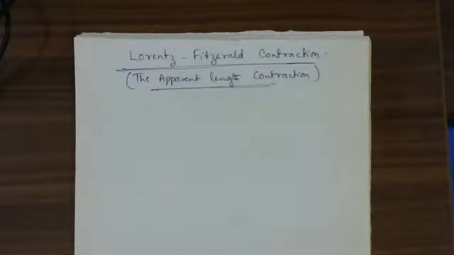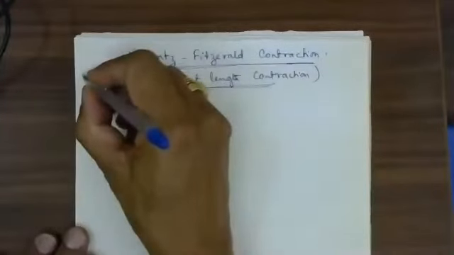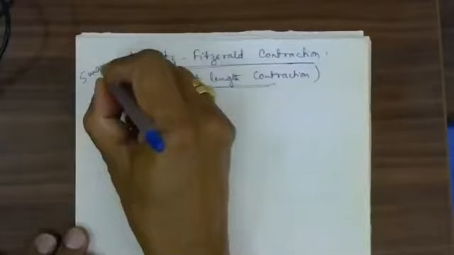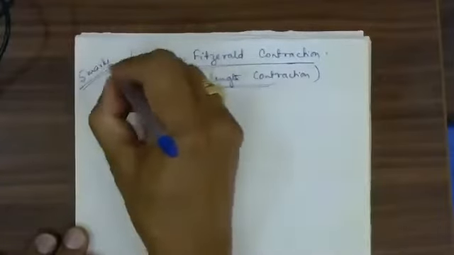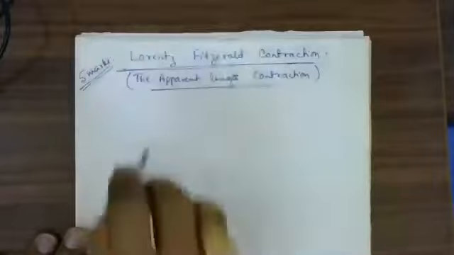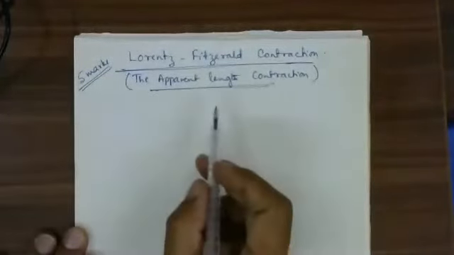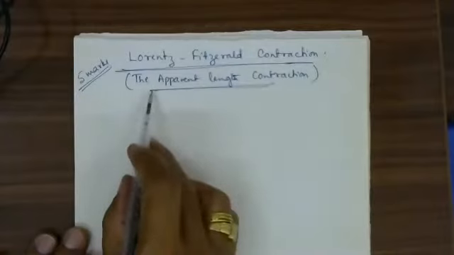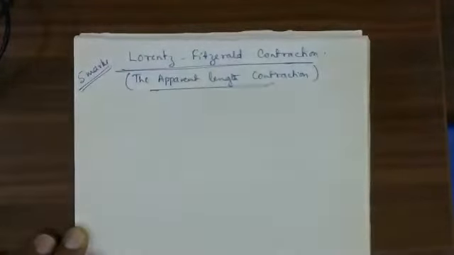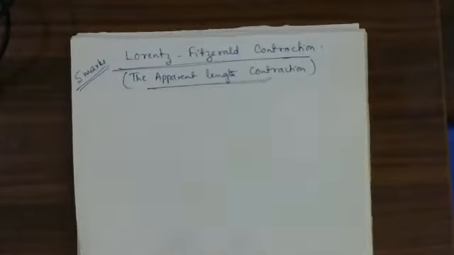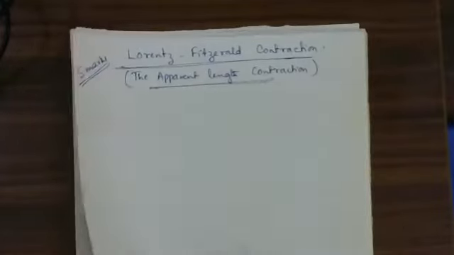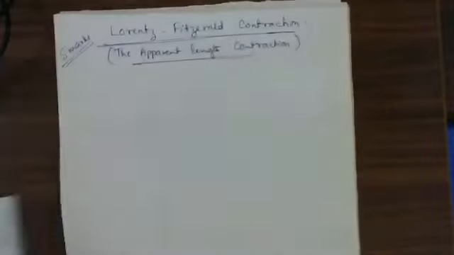Now I am going to start the derivation. Before that, it will be asked either for 5 marks or 6 marks. Usually we ask a 5-mark question here. If it is 6 marks, we ask one more question also: what do you mean by proper length? Derive an expression for the Lorentz-Fitzgerald contraction, the apparent length contraction. Obtain an expression, like that we ask. Understand it clearly before taking this up. Whatever was covered in the last class, I still have it; I will show it and use it to derive.